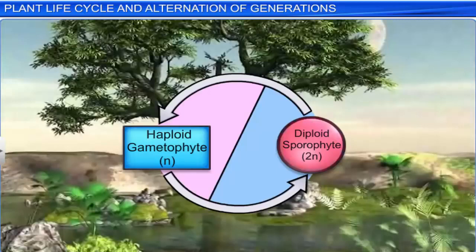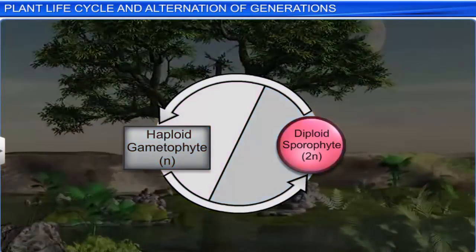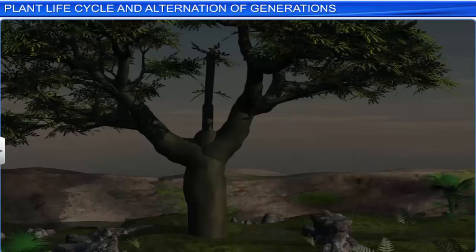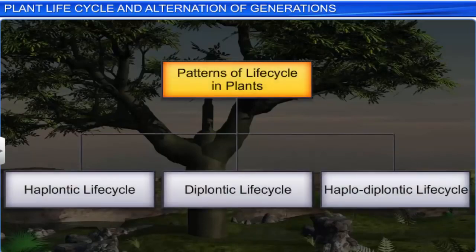However, in different plant groups, either the sporophytic generation or the gametophytic generation is the dominant phase, or, in other words, persists for a longer period. This difference gives rise to three patterns of life cycle in plants: the haplontic life cycle, diplontic life cycle, and